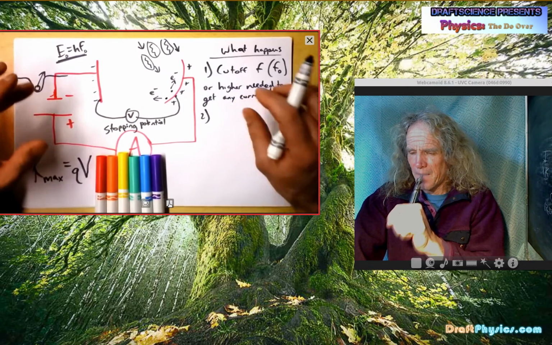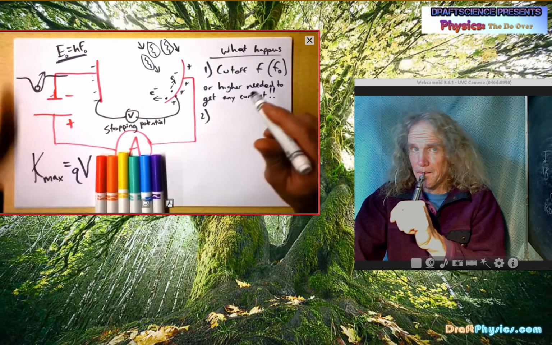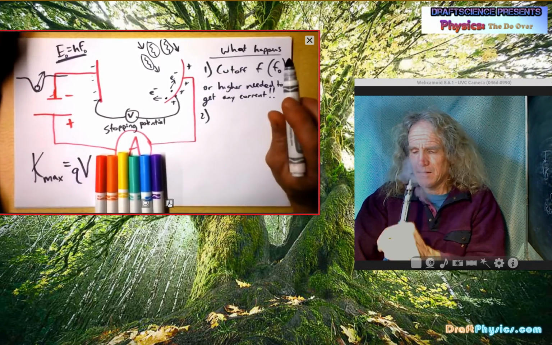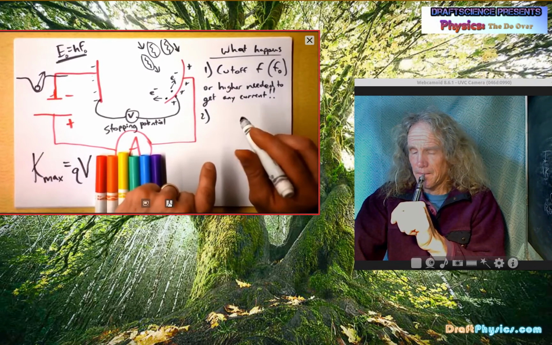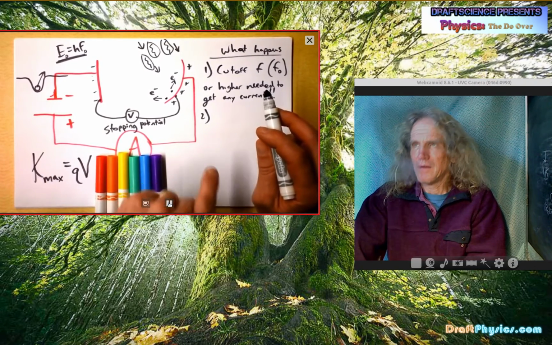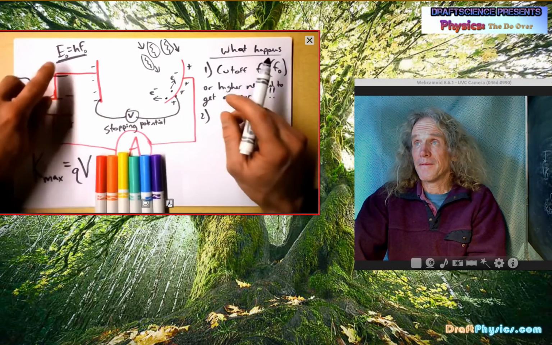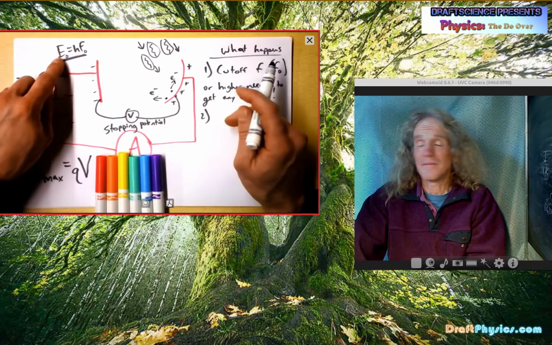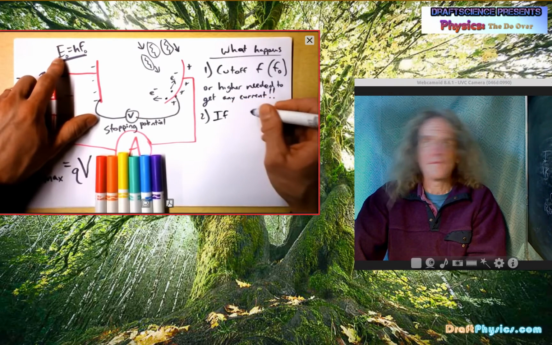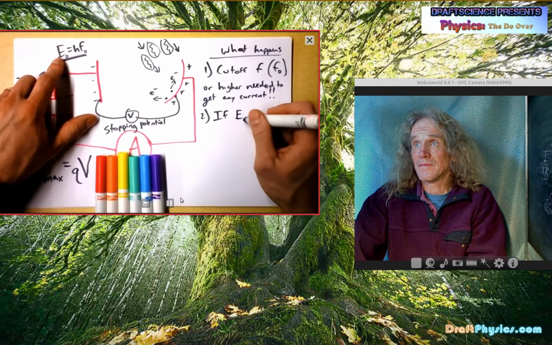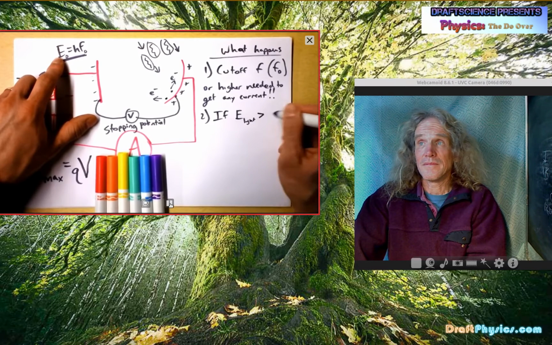Amplitude of the wave. The second observable fact in the photoelectric effect, and we can literally do this in an AP physics lab, ain't no thing. The second observable fact is that if the frequency is greater than the cutoff frequency, increasing the intensity, what I mean is we have enough energy to free these electrons. If we've got at least this much energy, so I'm going to say if energy of the light is greater